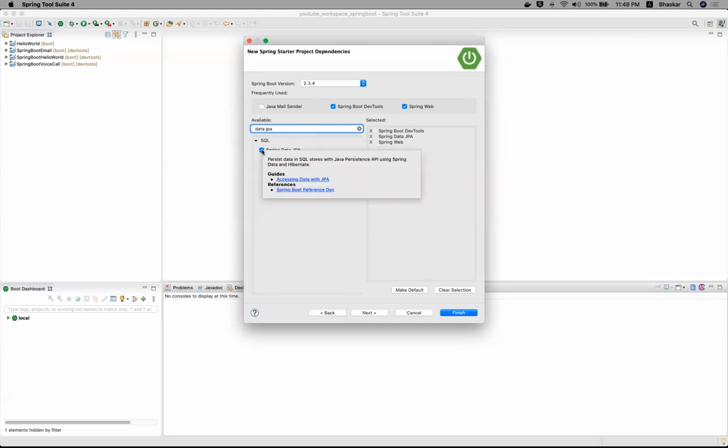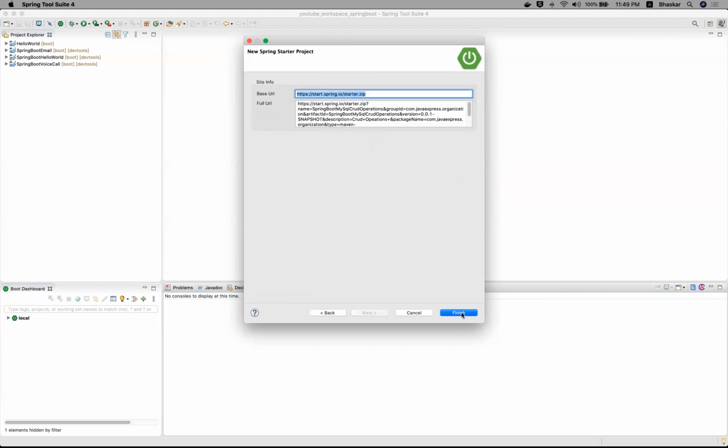It will enable you to connect your database. If you're using the Oracle database, you can use the Oracle driver. If you're using MySQL, you can use the MySQL driver. So choose the MySQL driver. These four dependencies are mandatory if you want to develop CRUD operations. Now click next and finish.